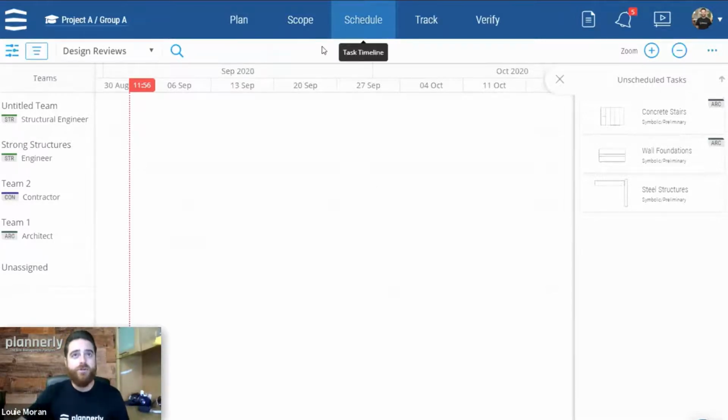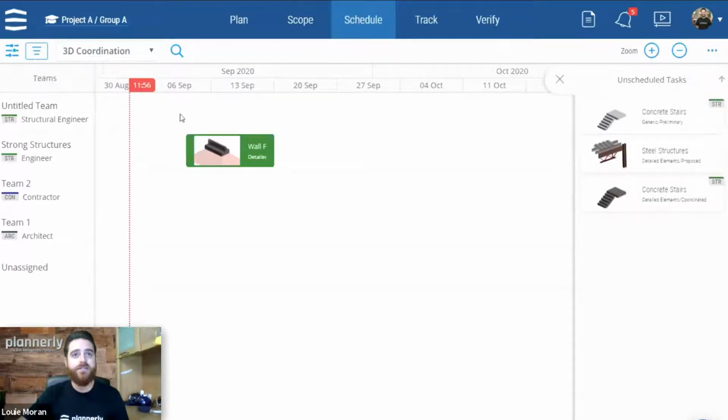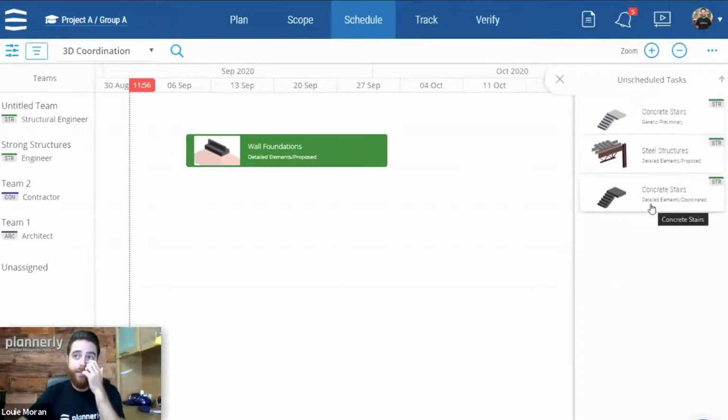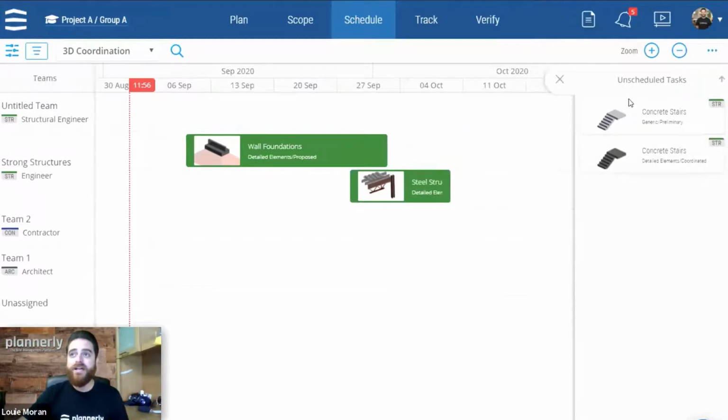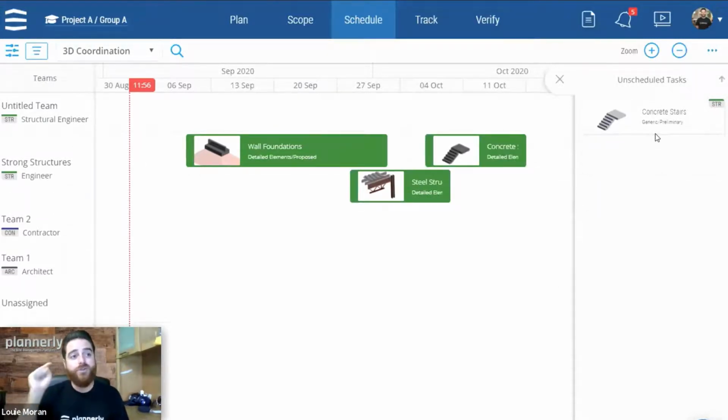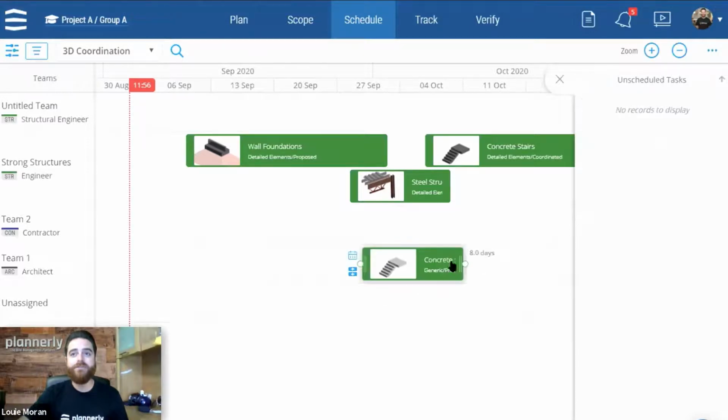Within this schedule module, we can actually filter for the tasks that we've assigned for each of the milestones. So it looks like Clive's already coming in here and dragging and dropping some of the content. I'm in here looking at all of these unscheduled tasks that were automatically created as we clicked assignments in the scope. So Clive and his team is creating a schedule for the structural engineer. If I was the other team, I could be able to say, I'm going to just go ahead and change the team and add that the stairs follow along here and drag and drop when I believe I would do the concrete stairs.